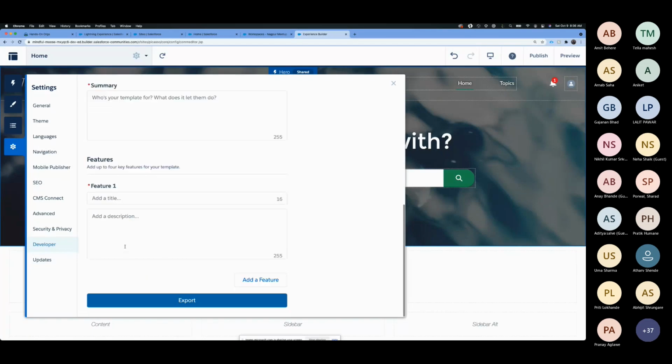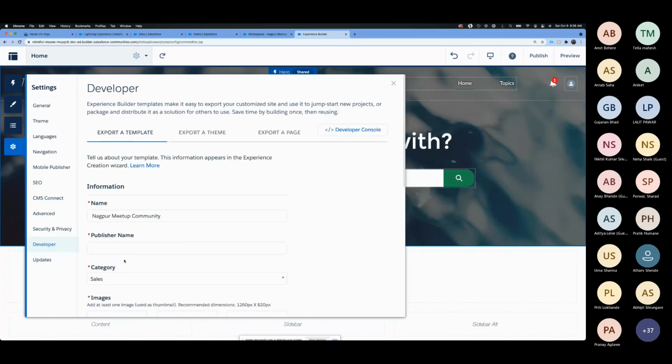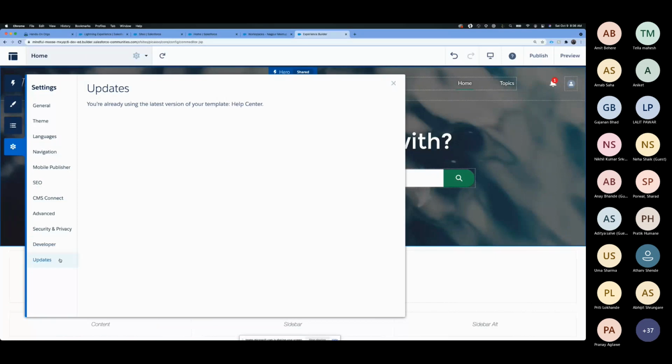This is where you can create your own component theme and use it to create another theme. This is more of a Lightning Bolt solution where you can export this community and use it as a template for your future communities. And this is update. Every time Salesforce releases, this is the place where the update goes in, and you just update your community with the latest release.